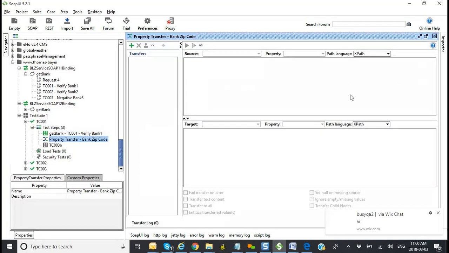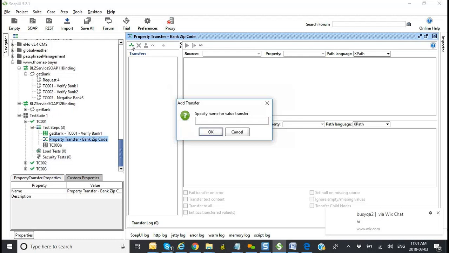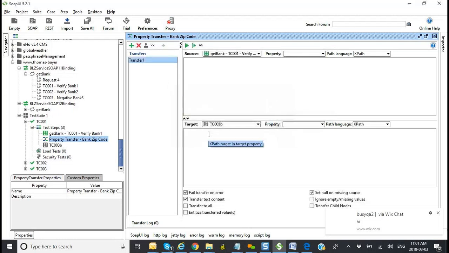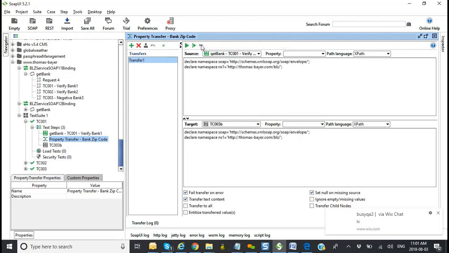In my property transfer, let's do it together now. Let's create a new property transfer. What do you want to call it? We can call it, let's say, transfer 1. Okay, so I called it transfer 1. Now, the first thing you have to do is declare your namespace. You got that? Okay, now once you declare your namespace,